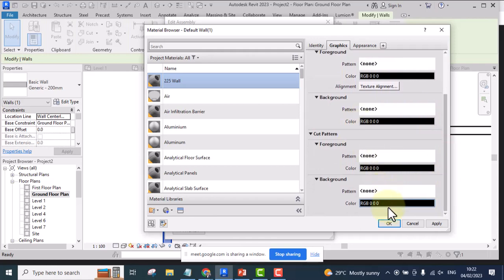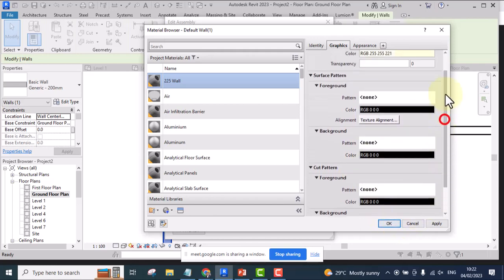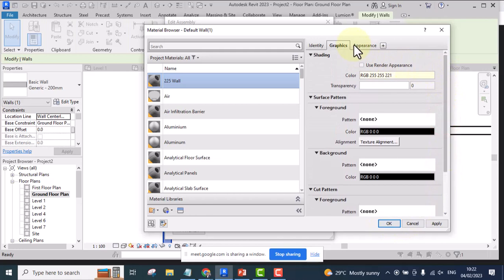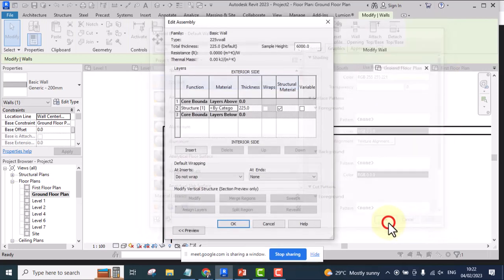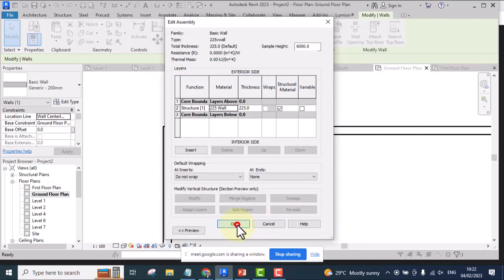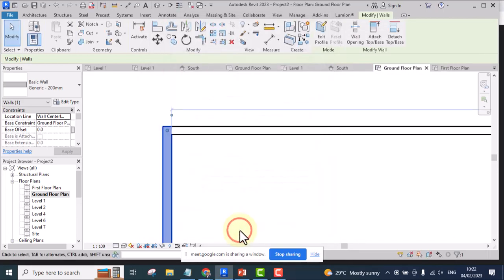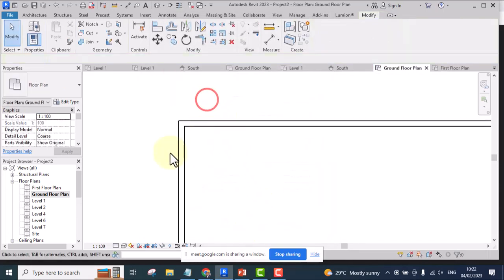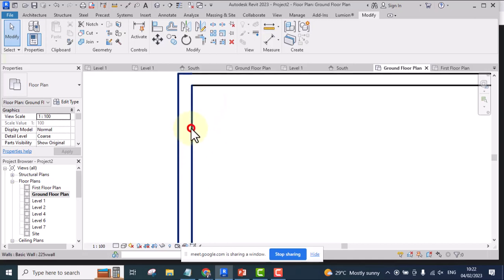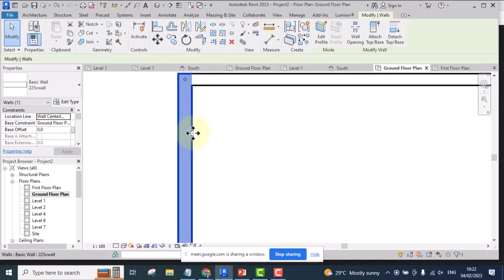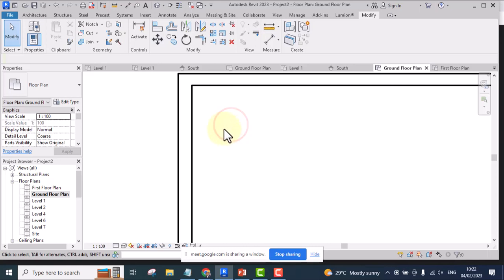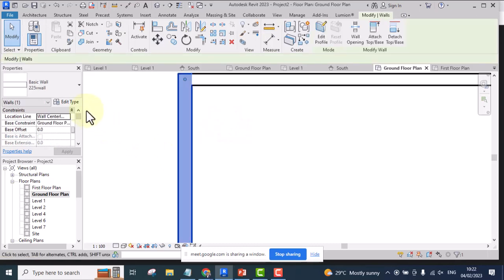there are so many things you can change here, but let's leave it at this level for now and click apply, click OK, and click OK again, click OK. All right, now this is the wall we have just created. If I select it now, you see the name here is showing on the property palette that this wall is 225 wall,